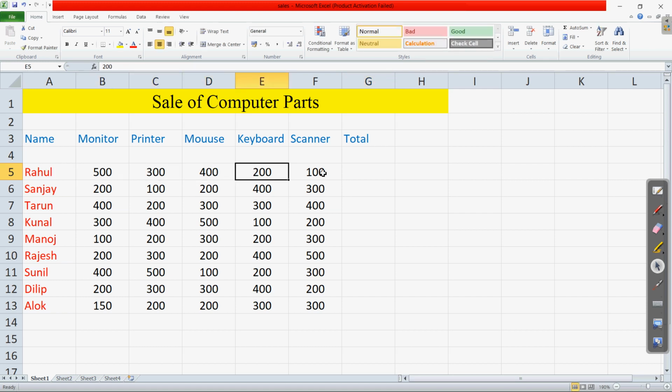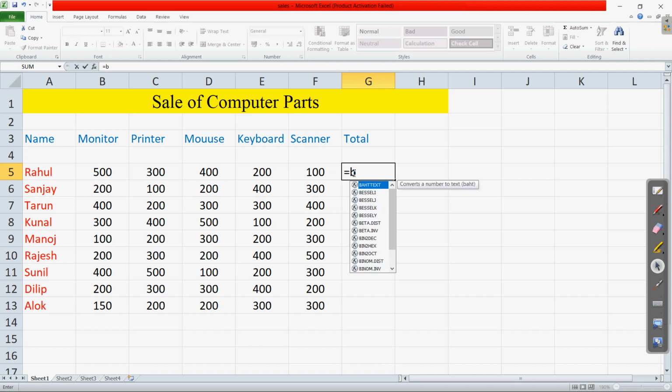Clear? Now if you want to find the sum of these values, for example for the first one, Rahul, let us see how we write the formula. Click here, and we will start by writing the equal to sign. First the equal to sign, then the first address, B5. Keep writing the different addresses.